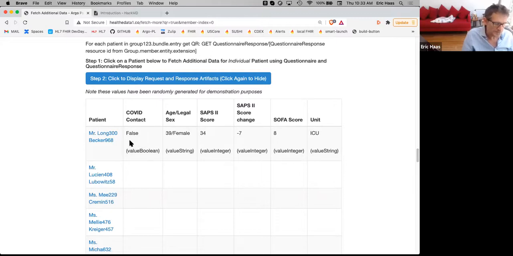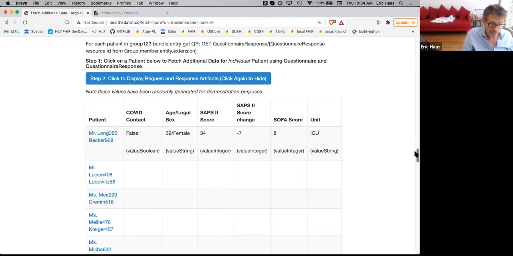But for example, that form had COVID contact, true or false, and all this other, the demographics and the SAP scores and a score. These are 3 survivability scores, and then where that patient's hanging out. So this is what I talked about, that little demo we looked at before, that little use case that Epic provided. You have this kind of information you can retrieve because you've actually provided a hook in the patient list to